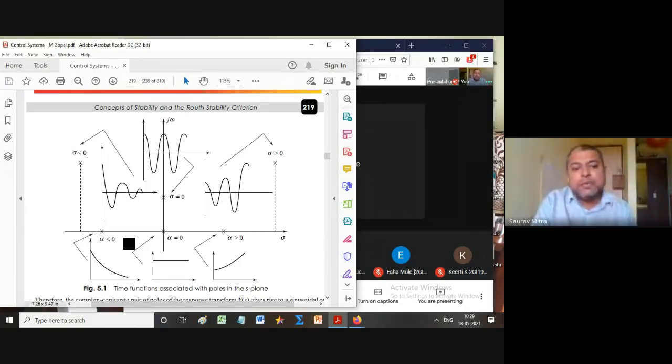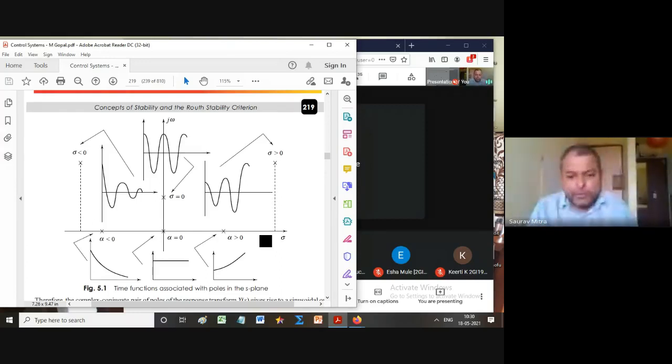There is a second case we will do. We'll take two poles in the left side, and two poles in the right side. We will also take one pole in the left side and one in the right side, that is 1 by (s plus 5) into 1 by (s minus 3), and find the response. Last day I showed you that maybe there are 100 poles in a system, 99 poles are in the left side, but one pole is in the right side. That one single pole will make the system unstable.